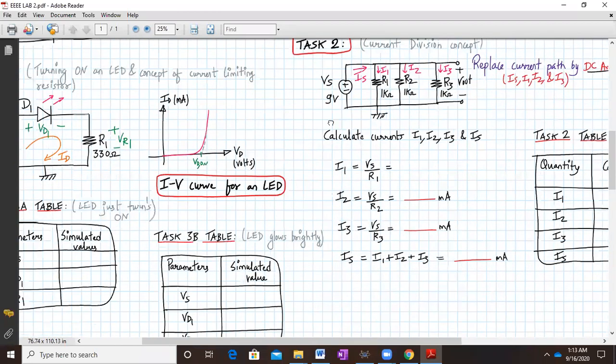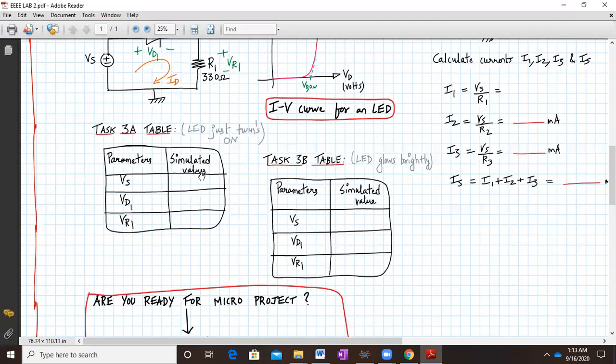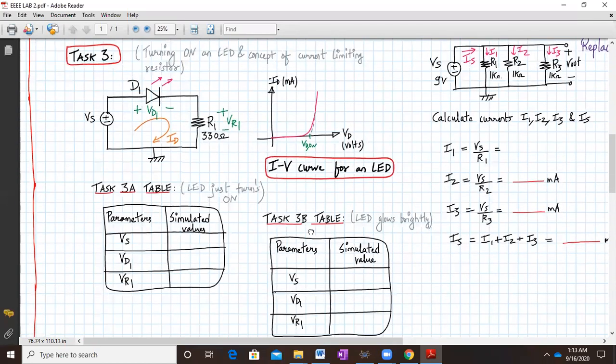Okay. So over here, I have already described what all parameters you have to fill. There is a lot of learning coming in. How does the diode turn on, how much voltage it requires, and the concept of current limiting, then the diode voltage remaining constant while the supply voltage is increasing, then the LED glowing brightly and noting down the values of Vs. Remember over here, Vs will be the addition of VD1 plus VR1. Your KVL is also getting verified over here. So a lot of learnings we are getting from task number 3.